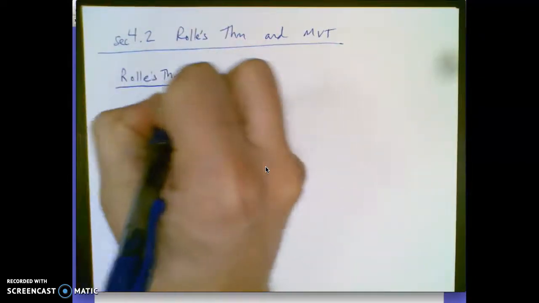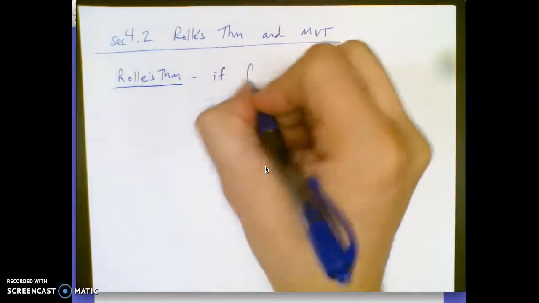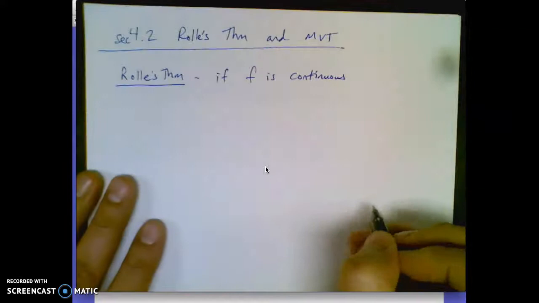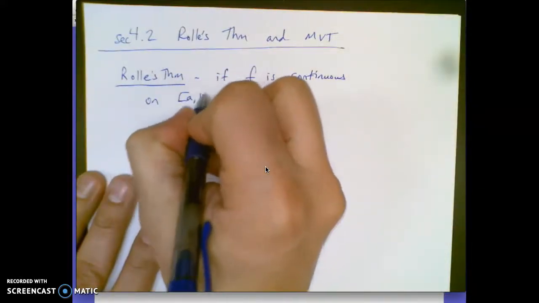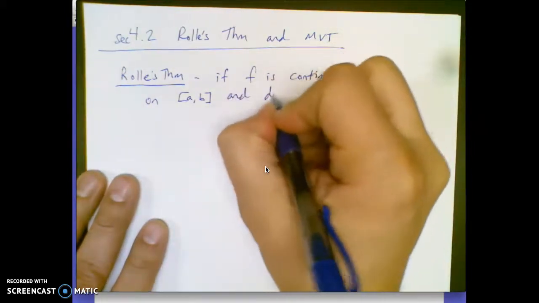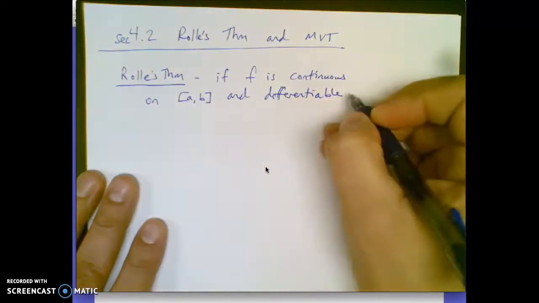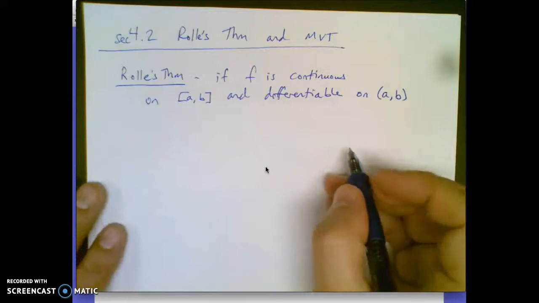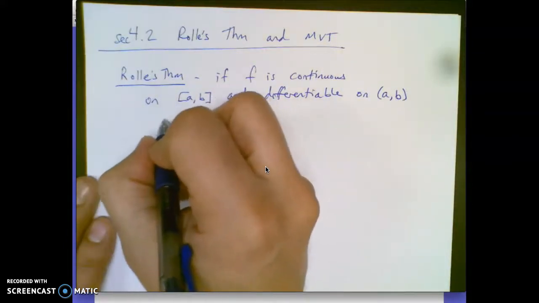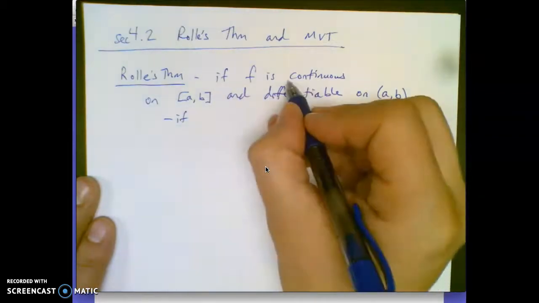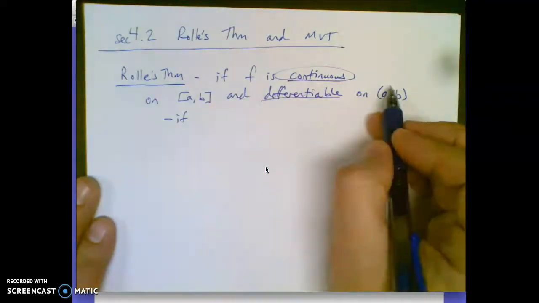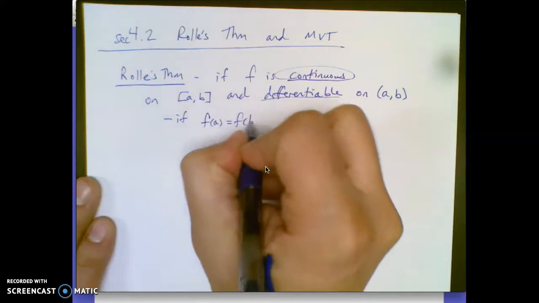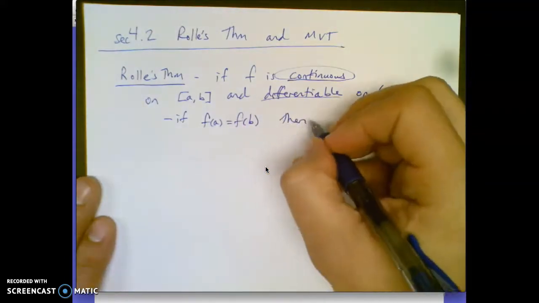So first of all, Rolle's theorem says if f, your function f, is continuous. Remember when we talked about continuous and discontinuities earlier? On the interval a to b, and it's differentiable, which is another word for you can take the derivative of it, on a to b without including the endpoints. See, I wrote them with parentheses, not brackets. And you start off with the first if. First of all, you have to be continuous and differentiable on that interval, not including the endpoints for differentiable. If your f of a equals your f of b, then there exists at least one number